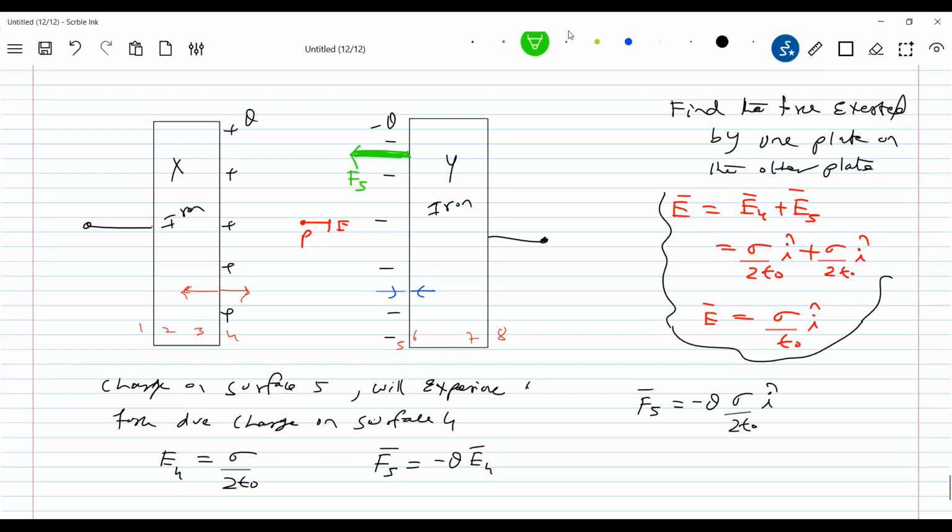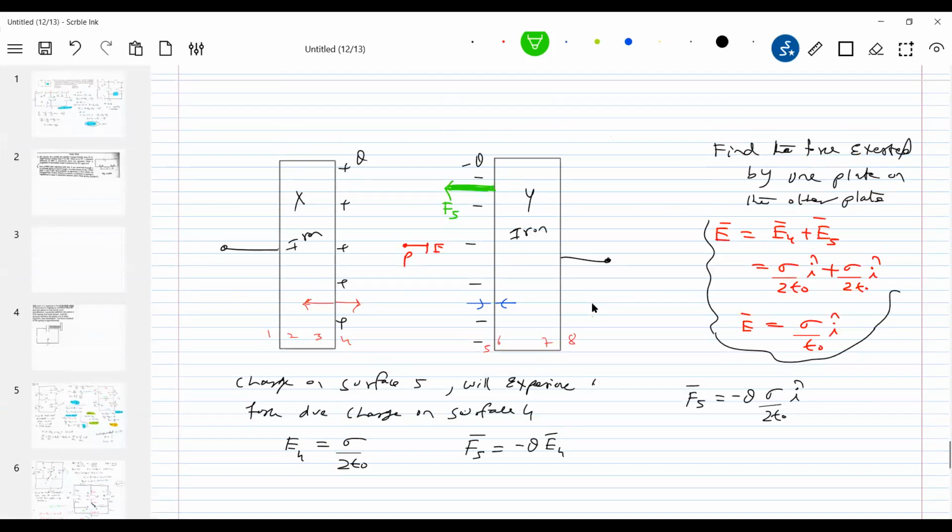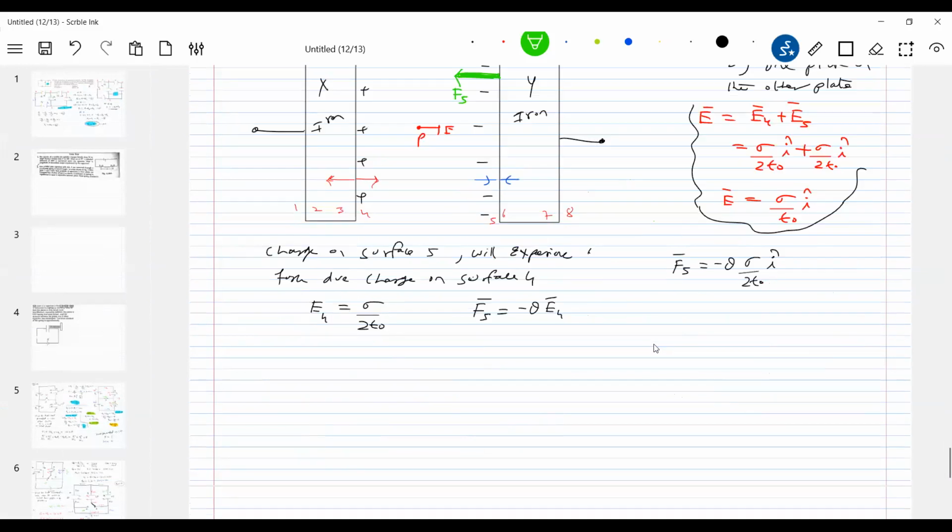Similarly, the charge present on the surface will experience force due to the charge minus Q, either way. So we can also think in another way. Now can we also put the charge on the surface, F4. So this should be equal to